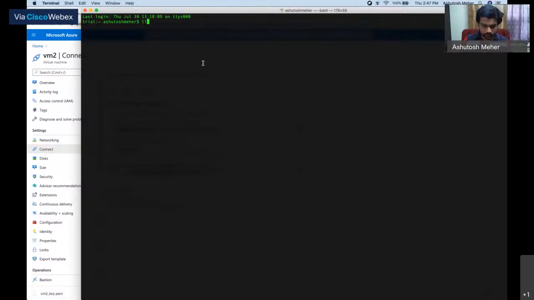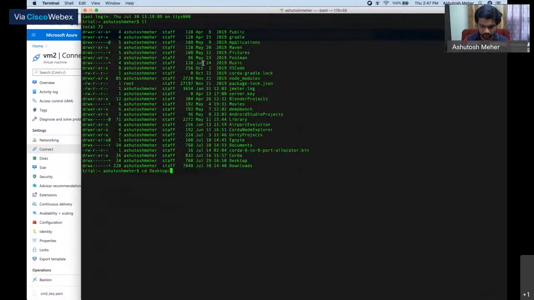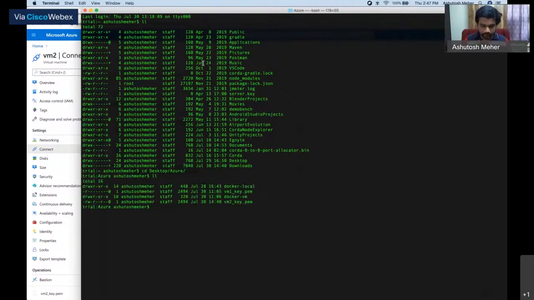Let me go to my folder where I have all these things, and that's here. I need to connect to the VM, so I can SSH to it.